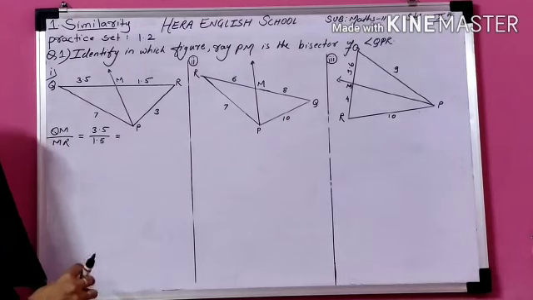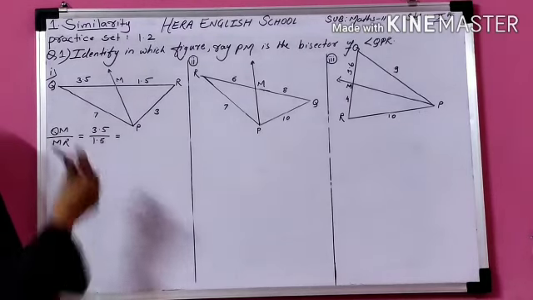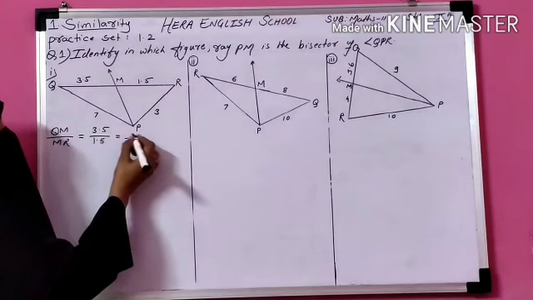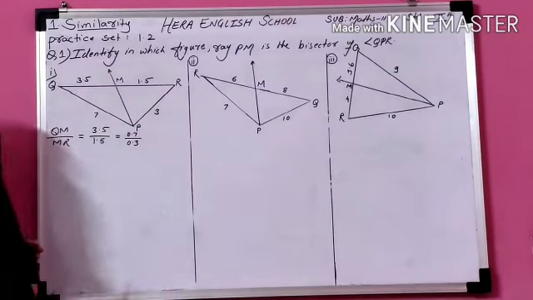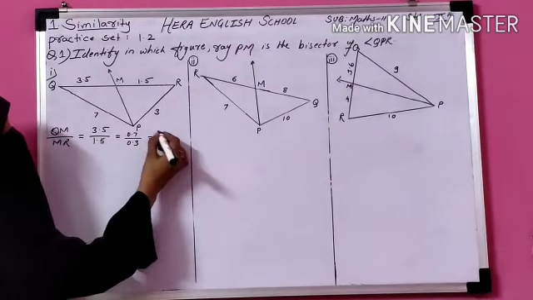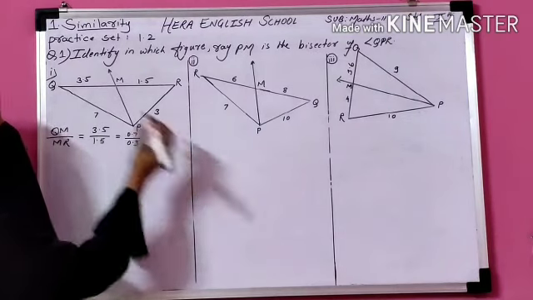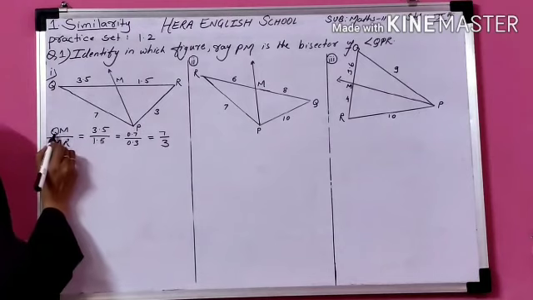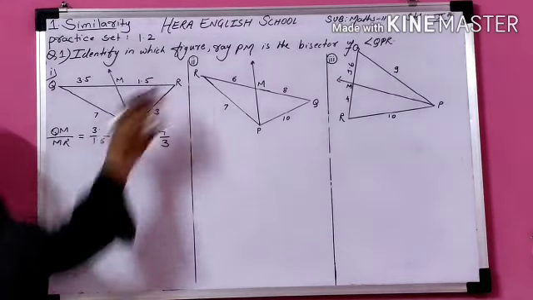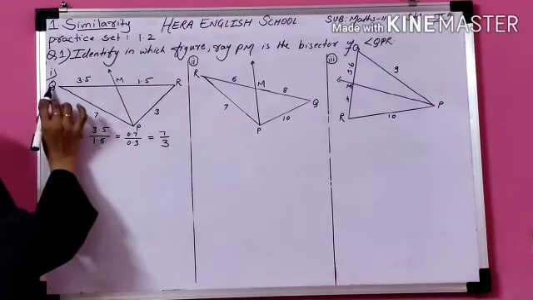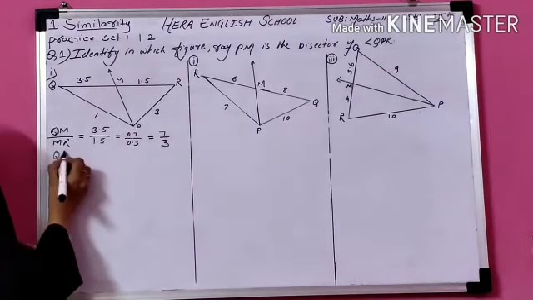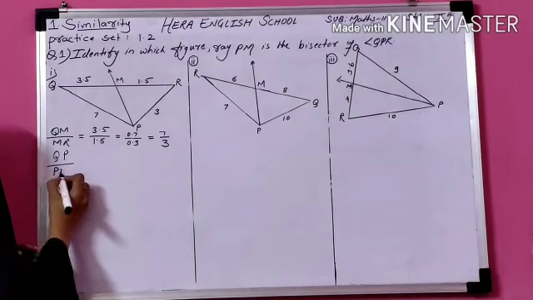How much are the values? Okay, 3.5 and 1.5: 5 3s are 15, 5 7s are 35. The same point, okay, the points get cancelled, then you get the answer 7 upon 3. Now the next: if you start the first ratio with Q, then the second ratio also starts with Q. Next, the remaining side ratio, QP upon PR.